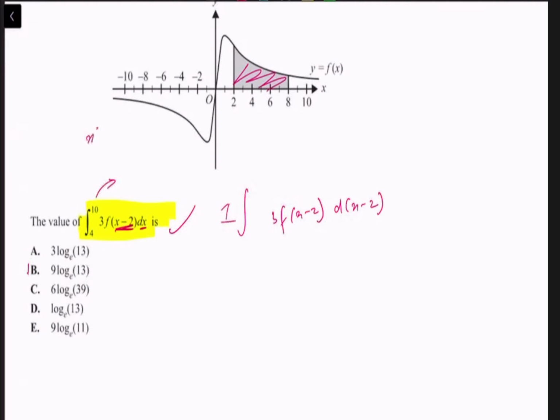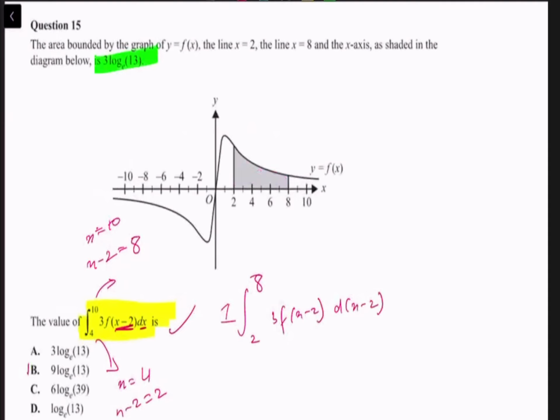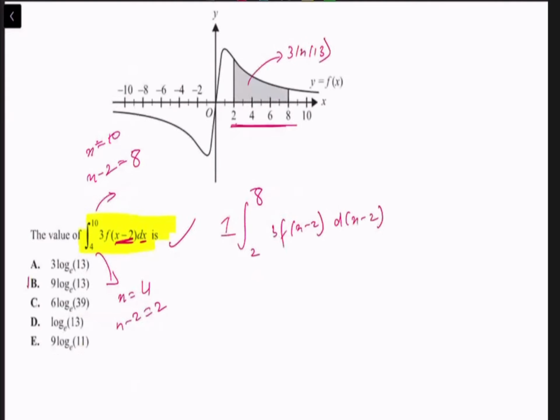So if it's x, it's 10. So if it's x minus 2, then it's 8. And for the bottom one, if it's x, it's 4. So if it's x minus 2, it's 2. And then conveniently, we actually have the right domain as the area given. So the area here is 3 ln 13. In the same domain, so this is fx dx from 8 to 4. So now we actually have this in the middle, and we can ignore the x minus 2 because if these two are the same,